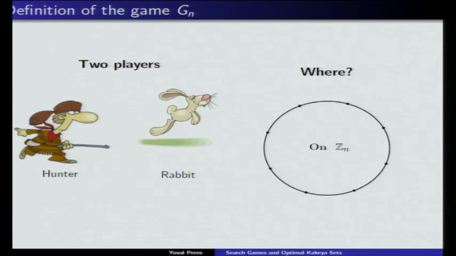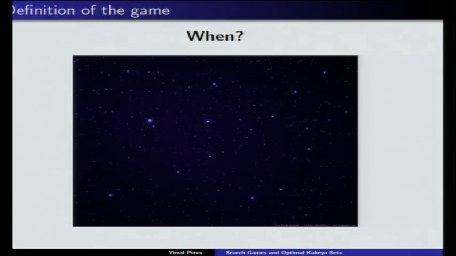We'll start by looking at a graph which is a cycle. Turns out if we understand this graph, we'll get a very good handle on the general graphs. So think of it first on the cycle, but with a view towards going to more general graphs. Now, they don't see each other at all. They don't see each other until they land in the same spot. So think of it as the game is happening at night.